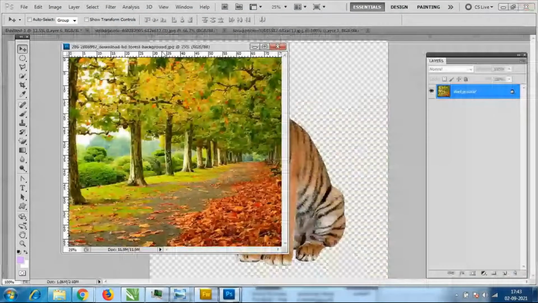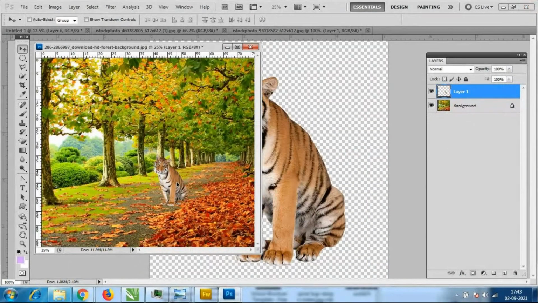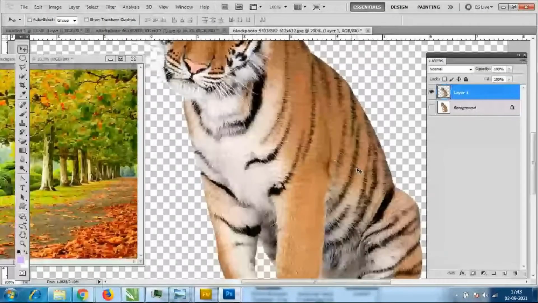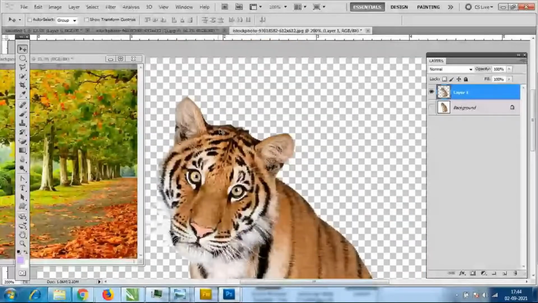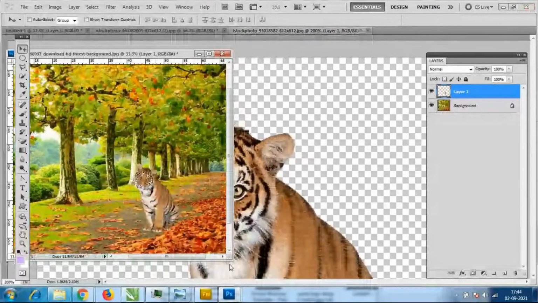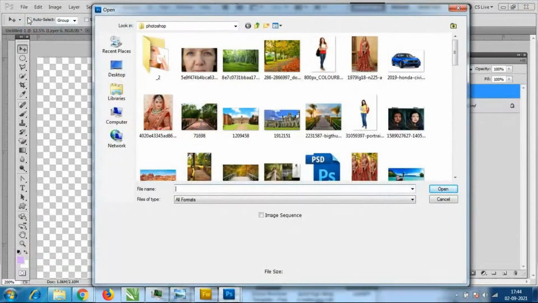So I'll just do some collage work. I select this one and I'll just drag and drop it to here. See wherever you want the curve shapes, zoom it and check. See here, everywhere the curve shapes, see which are maintained, curve shapes and all. Okay, I'll just drag and drop it to the new layer.